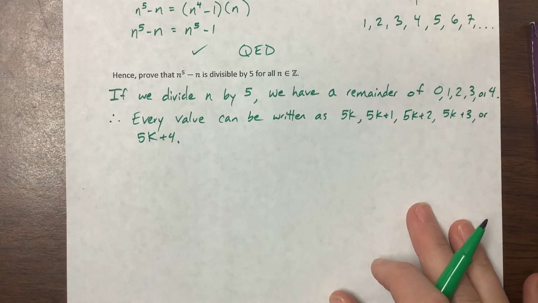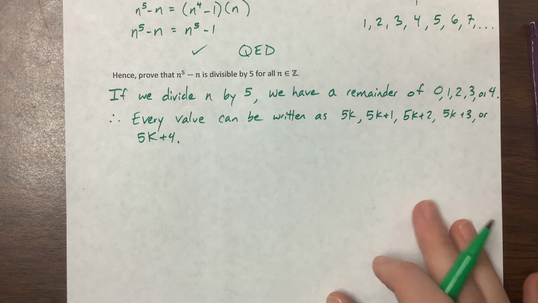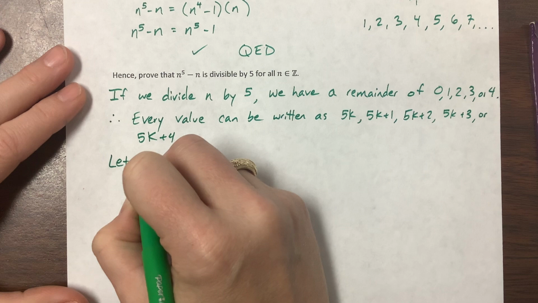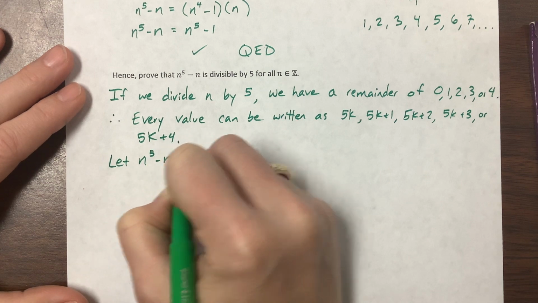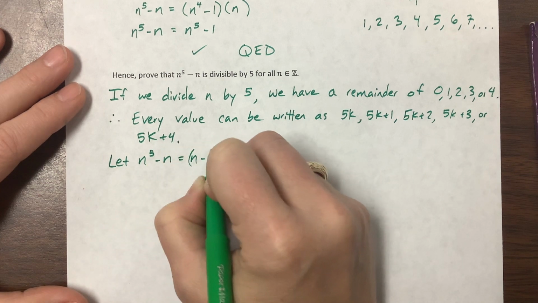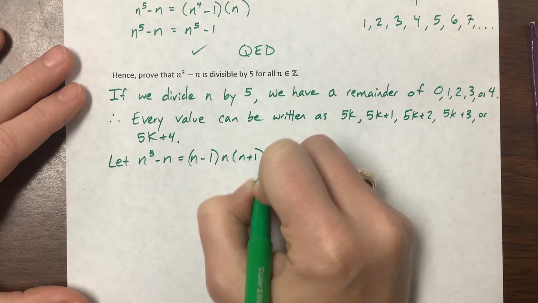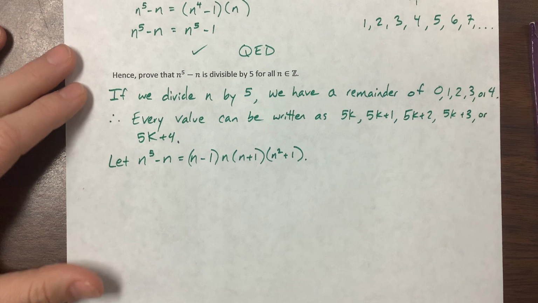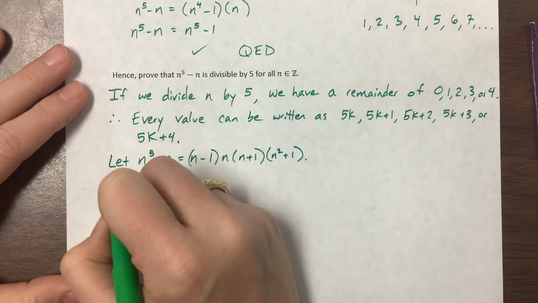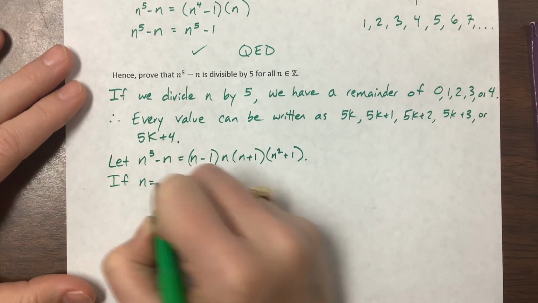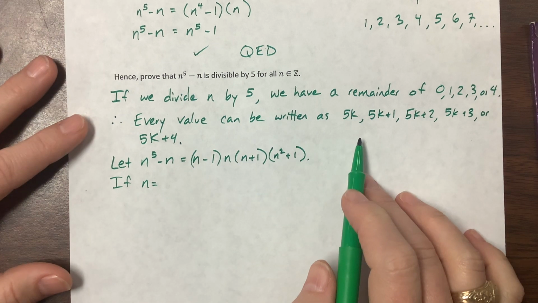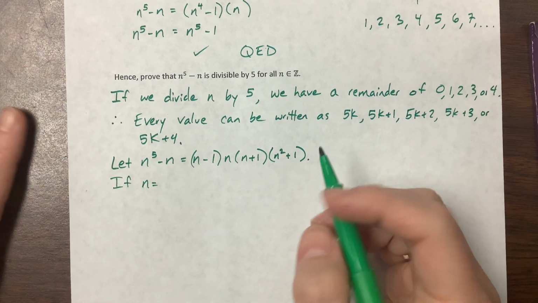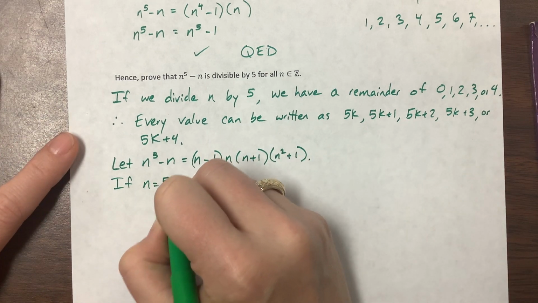So in this particular scenario, we know if our n, so now we're going to go through all of our different cases. And sometimes we might write out to the side case 1, case 2, that sort of thing. So this first one, if n is equal to 5k,